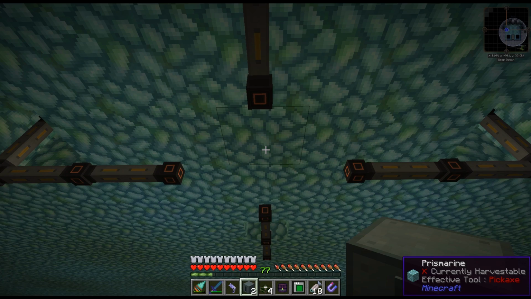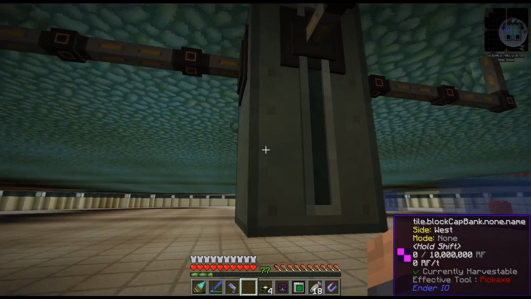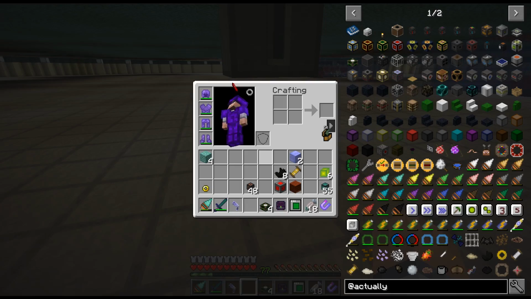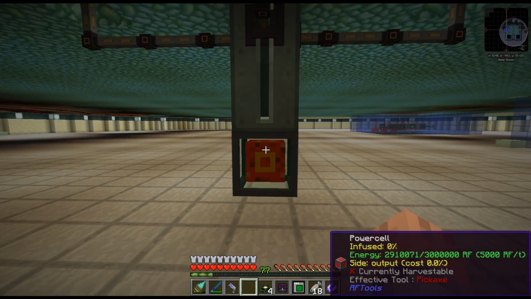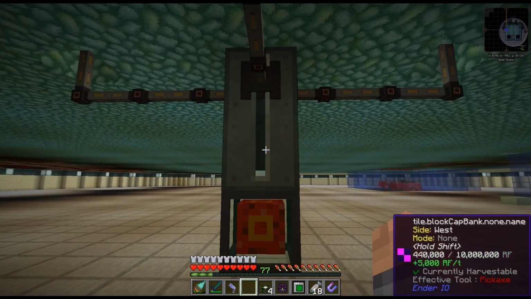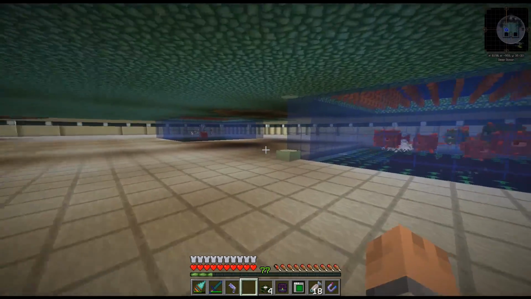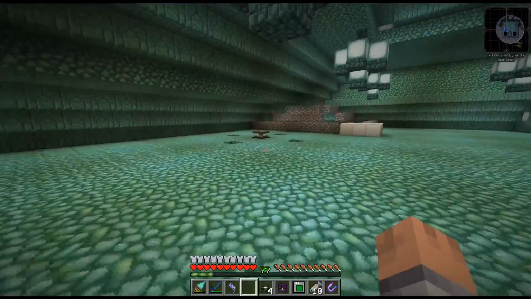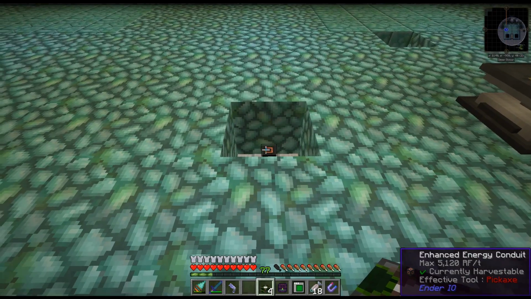So what I want to do here is, because apparently it needs so much power, I'm actually going to put a capacitor bank down here. One of the big ones that holds 10 million RF. And underneath that, for now, we're going to put the power cell. This is going to go somewhere else very soon. So this is charging now very nicely. Cool. So I don't need to come back down here again. That should be it. Just so we have a nice cushion down here, so when this goes, it can suck dry